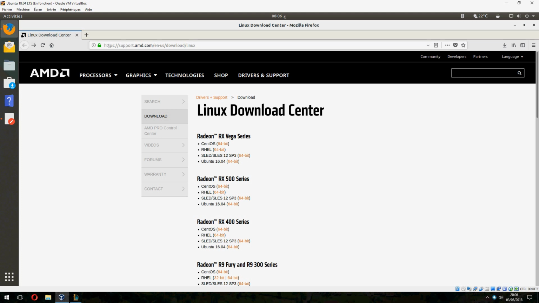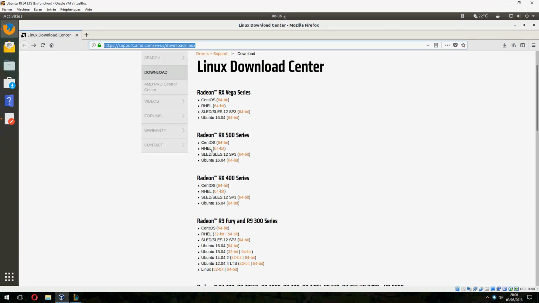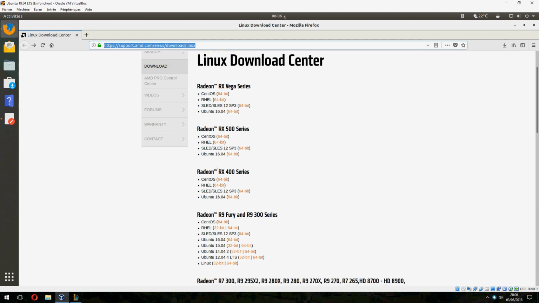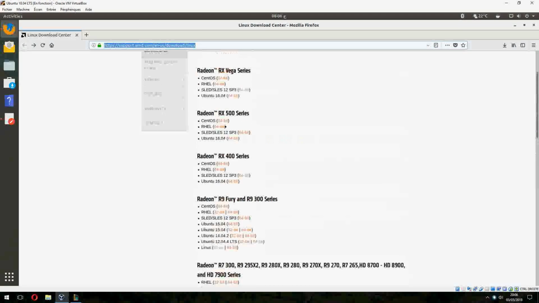You will find this link in the description of the video, and here choose the version of driver, Radeon RX 500 series or what you need. Okay, and choose the version, CentOS, RHEL, SLES, Ubuntu, and here choose Ubuntu and click here,